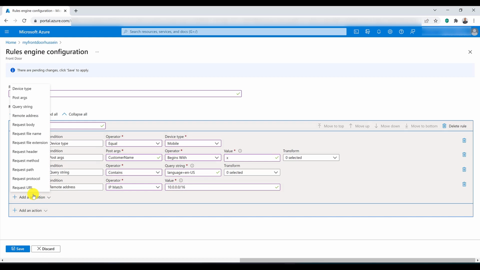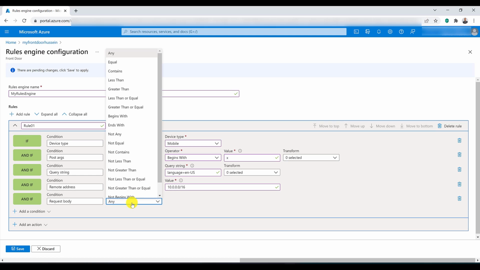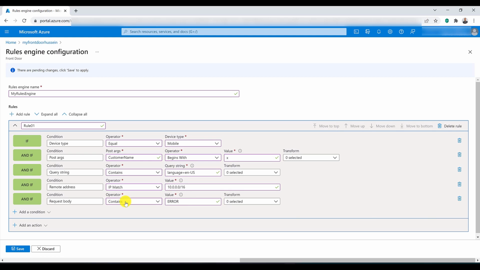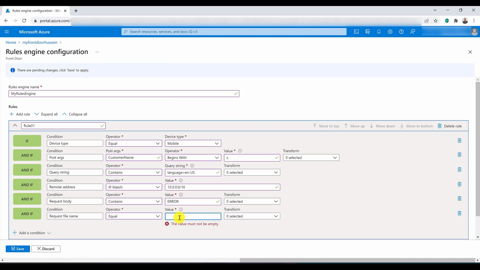Also, I can add a condition based on the request body to identify requests based on certain information or certain text that's been sent in the request body. So let's make a condition if it contains some words like error, for example. Also, I can make a condition based on the request file name to identify requests that include a specified file name in the URL. If it equals